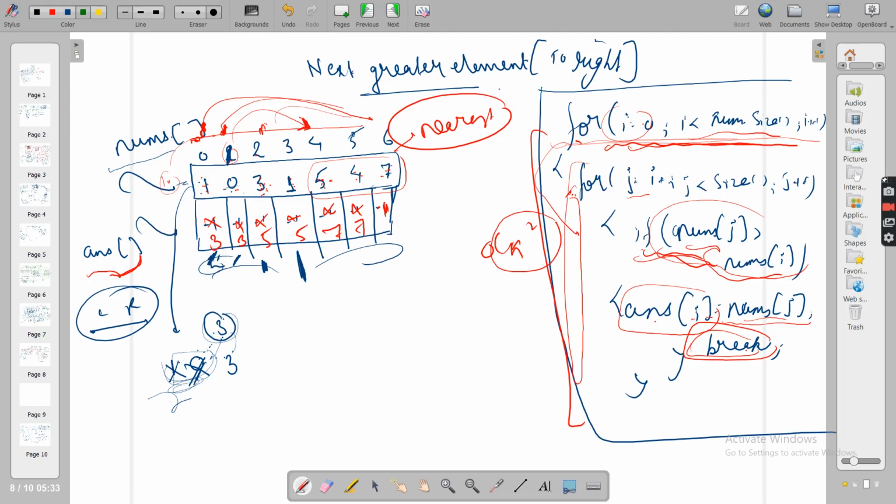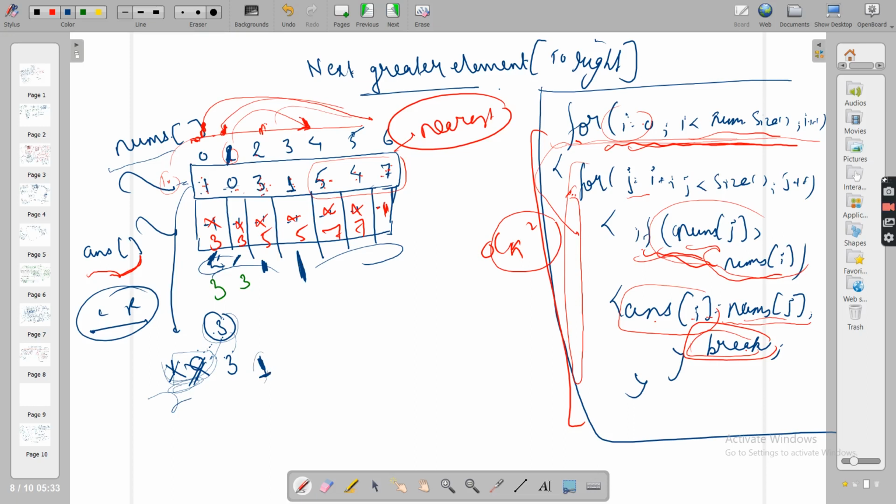Let me use the green pen and write what I got till now. So for 3, you put 3. Now let's move forward, and you got 1. You're not getting any clue for 1 what you can do. No, I can't do anything for 1. Why can't you do anything for 1?